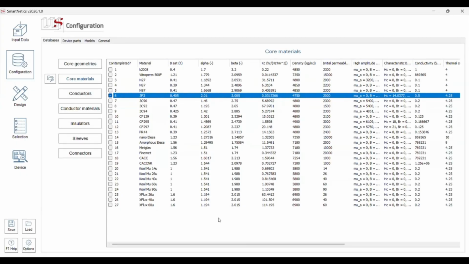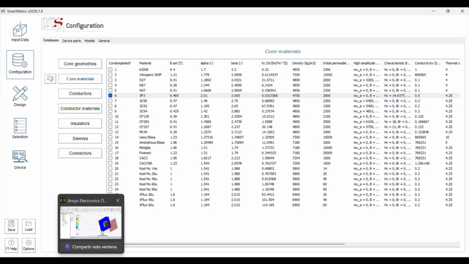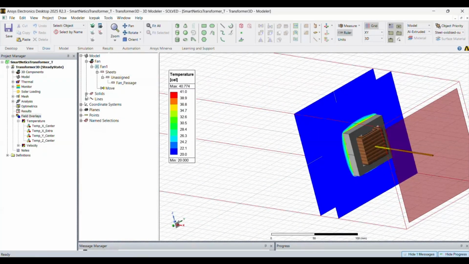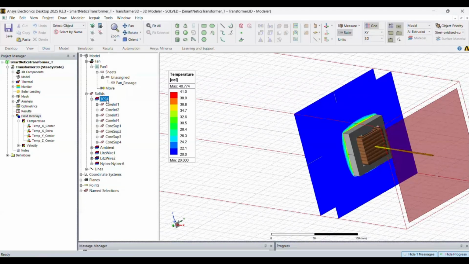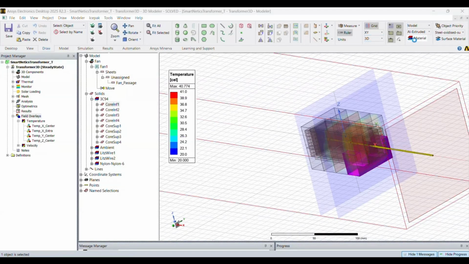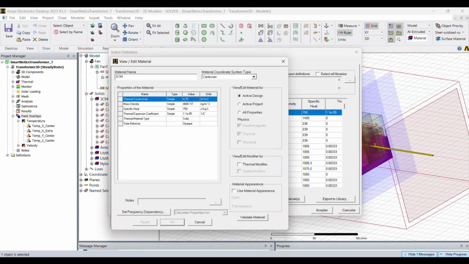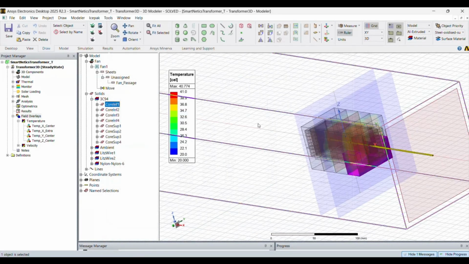So if you create a different material that doesn't even exist because you want to try something, it will be replicated in ANSYS. And once again, you don't even need to know how to use ANSYS. You will automatically get the material in there. If you want to modify that in ANSYS, you can as well. You have access to the whole model. So you can go in here and modify the values of this. Then you can say, I want this same material, but with a different thermal conductivity. You can change that if you want. You have access to everything.